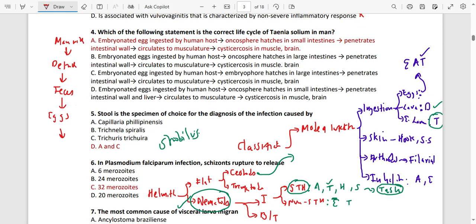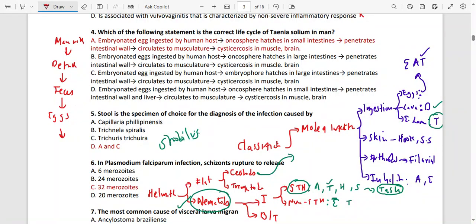The pig itself is normally the one which is going to come and play with the dirt and then get it, and then it will go into the pig, and then the second man can eat the pig and get the infection. But let's say we're talking about the pig, so the second host is going to be able to ingest the eggs. Let's say it's the pig, or let's say for whatever reason it's the man that has ended up getting those